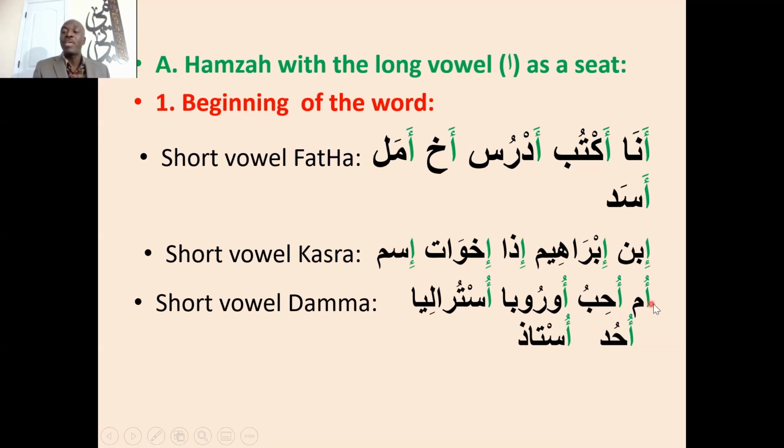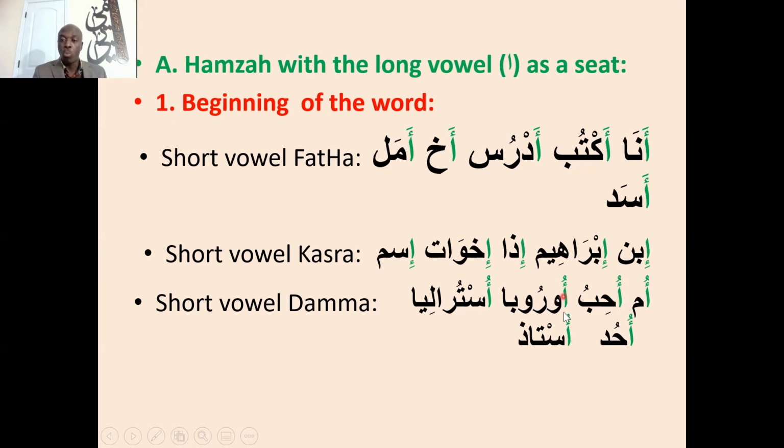So let's see when the hamza has the dhamma. See the little wow here, that's the dhamma. Um is mother. So the hamza will be placed on top of the alif, and the dhamma is on top of the hamza. Totally opposite to when the hamza has the kasra. We place everything underneath the alif, here above or on top of the alif. Mother. Uhibbu, I like or I love. Also because the alif, the hamza has the dhamma, that's why we place the hamza and then we put the